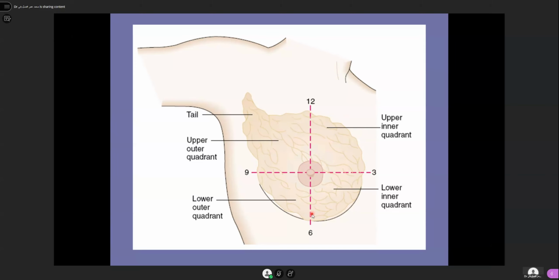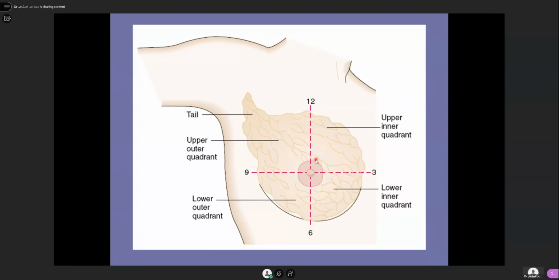Okay, so first of all, we have divided the breast into four quadrants. Then, during clinical examination or ultrasound, because the patient is with us during the clinical examination as well as during the ultrasound, we can divide the breast with the help of clock position. So to define the true position of the lesion, first of all we will explain it with the help of the quadrant, but we also take the help of the clock position.